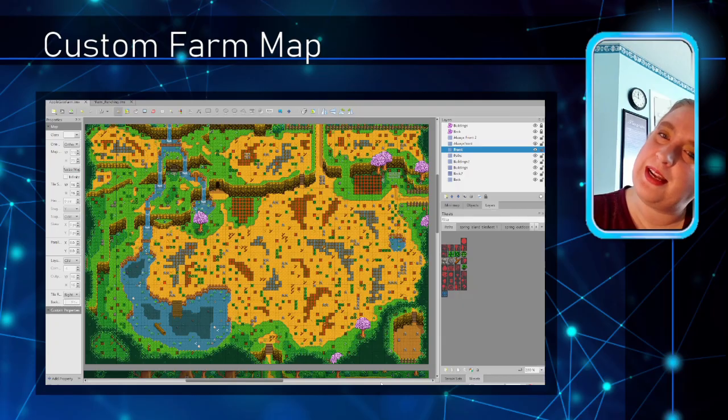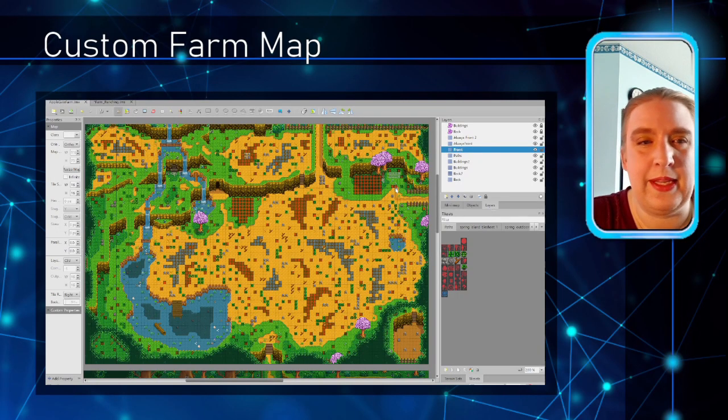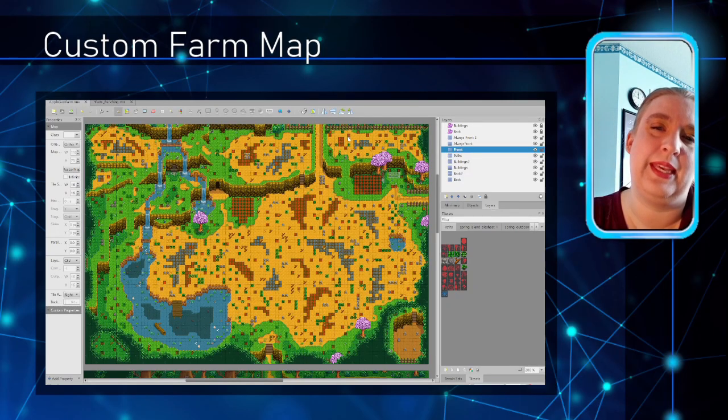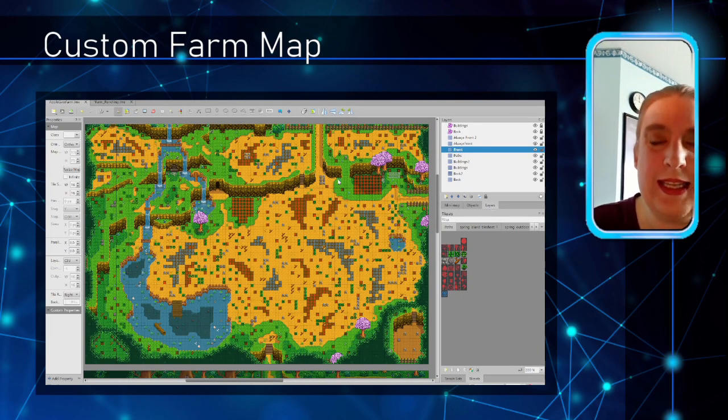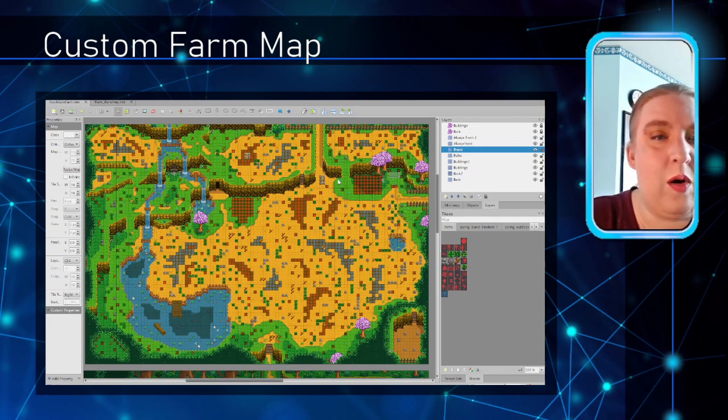So where we left off last time was we had made our map. We had added placeholders on the path layer for our greenhouse and our farmhouse, as well as our shipping bin, and then we had gone in and added the grass and the trees, as well as some special placeholder path layer tiles for the big rocks, the big logs, and cabin placement where the cabins are generated if you do multiplayer. The next thing we have to do is make sure our tile data and tile sheet data are all